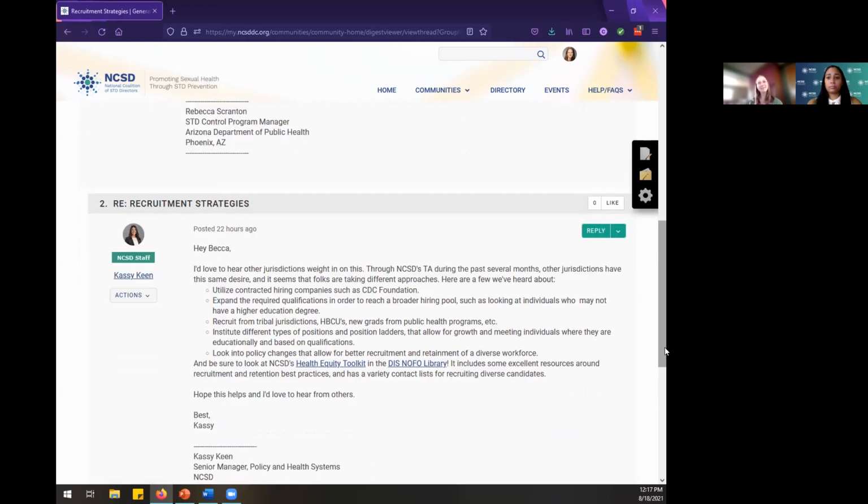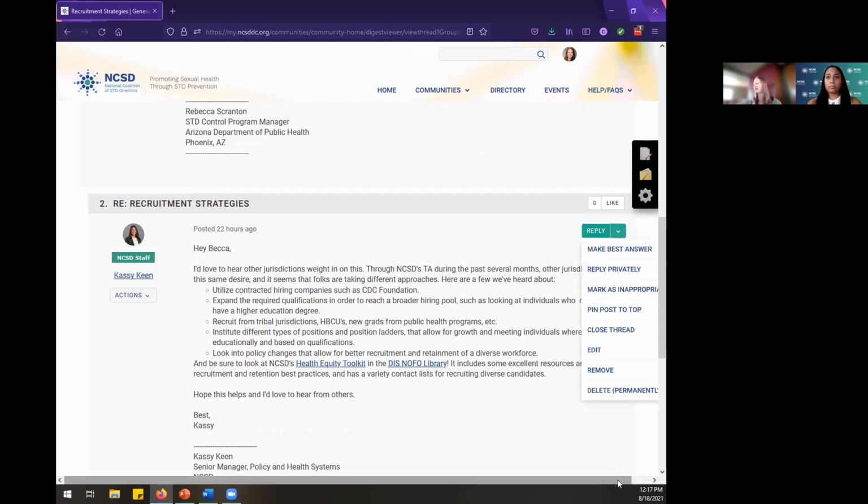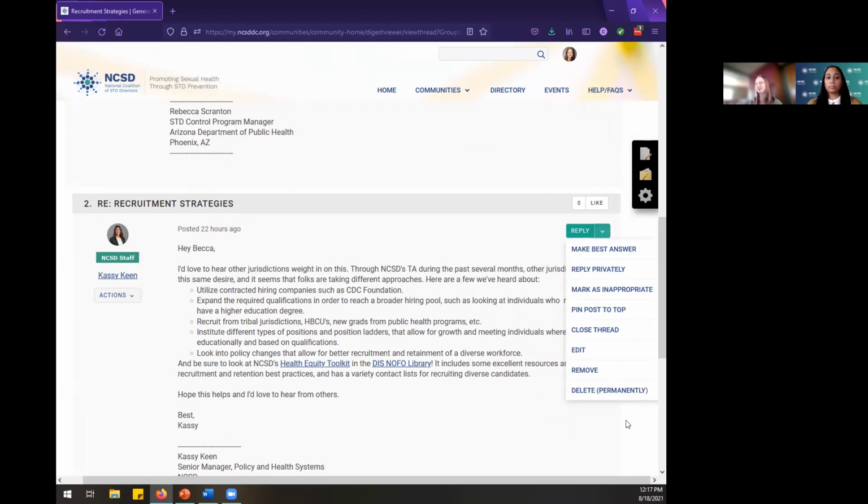I am currently logged in as myself, so I am an admin. I'm going to see quite a few more options than you might see. But one thing I love pointing out, and I think a lot of people miss, is this drop-down arrow next to the reply button. Again, I'm seeing a lot of options here you won't necessarily see, but the two you should have for sure is the reply privately option.